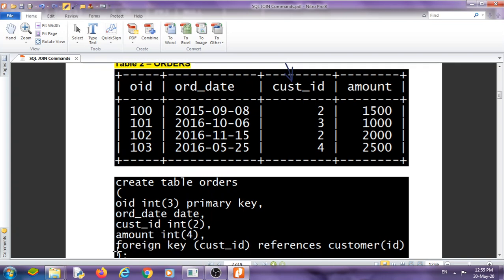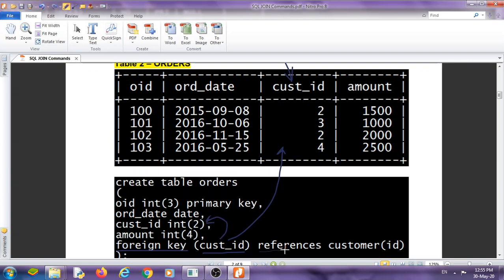Now look at the syntax. Foreign key, then customer ID. Customer ID is an attribute that is defined into this table, and it is defined here.